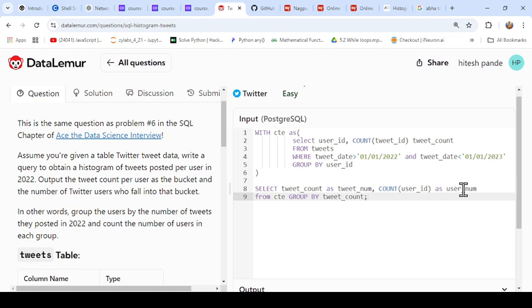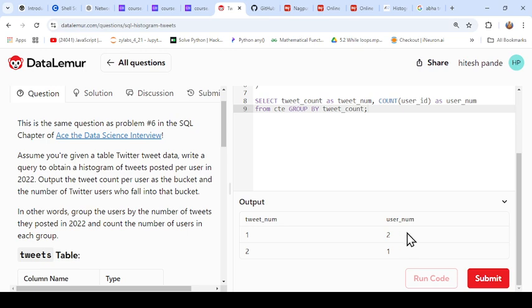Okay, and next after that we use the temporary table or common table expression whose name is CTE. We will use it as the table. Within the table we first group the tweet counts, because there may be a chance the number of counts may differ with the unique user ID. Next, whatever column you want to find out from the CTE, you have to specify. So in the same column we specify how many tweets a specific user has posted. So that should be written here, and here we get the output